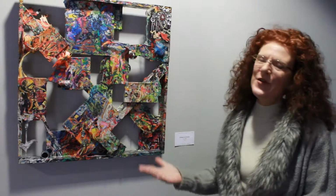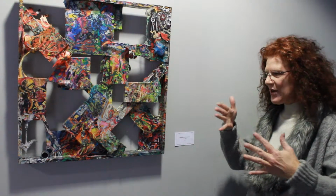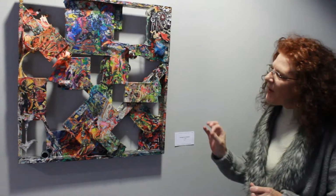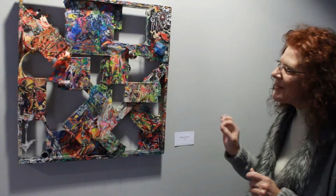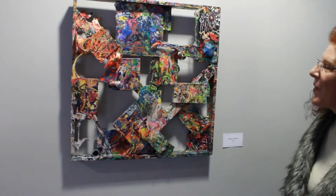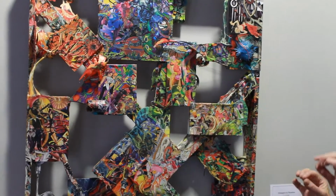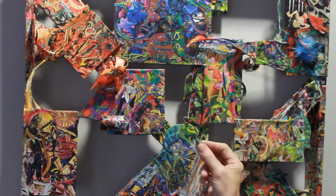I am a collage artist primarily, and one of my favorite things to do are 3D collages. This is my first piece I'm going to show you, which starts out on panels and then I drew it out from there. My favorite tool is an X-Acto knife, and each piece that you see on here has been cut out from a book or a magazine, and I place them all together in what I think is a really cool pattern. And I also like to put little hidden treasures in there, old artist slides,